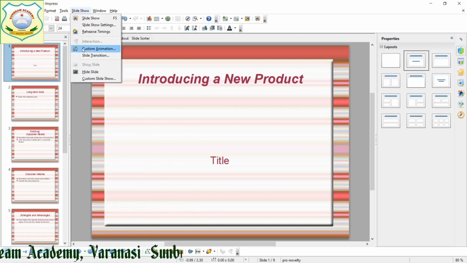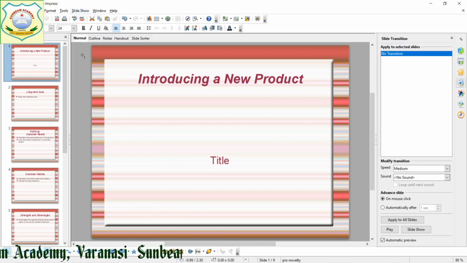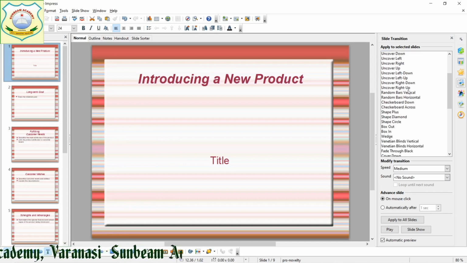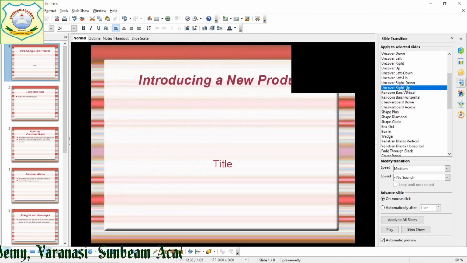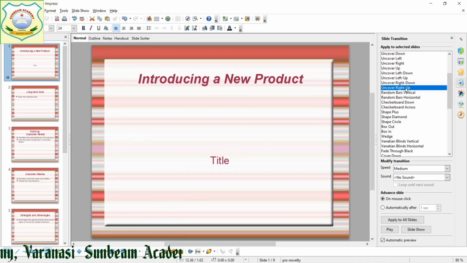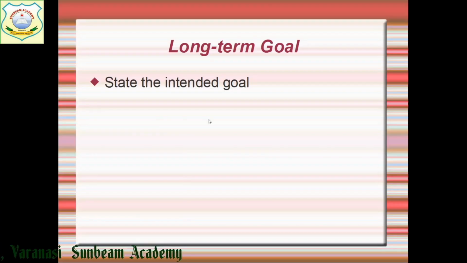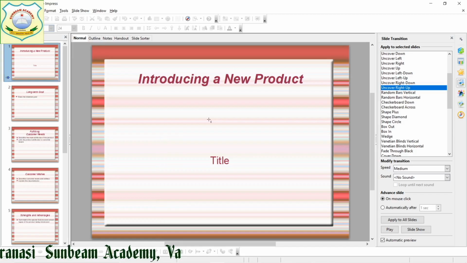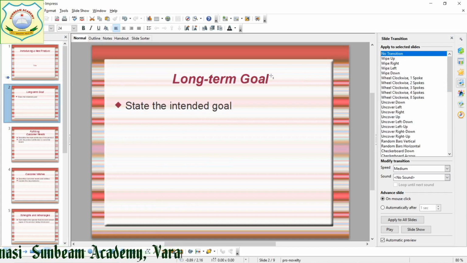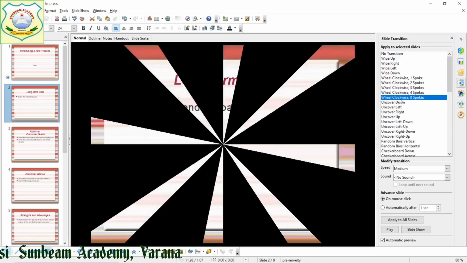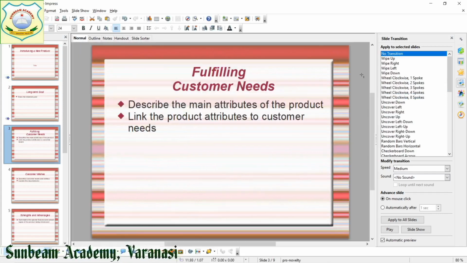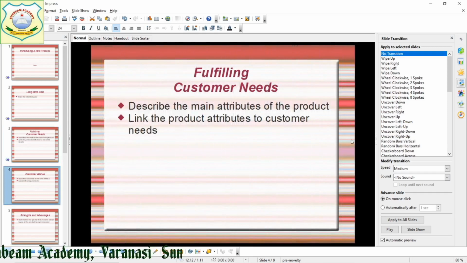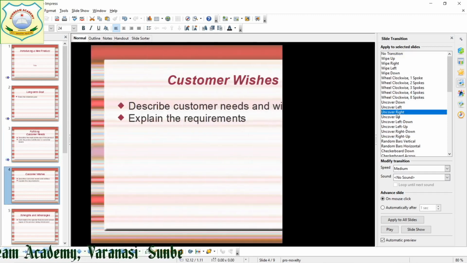Here you are seeing slide transition. Click on this one. Now here are so many ways in which your slide is going to come onto your screen. Suppose for the first slide I have given this one, for the second slide I am going to give this one, then the third slide I am giving this one, and for the fourth I have given this one, right?